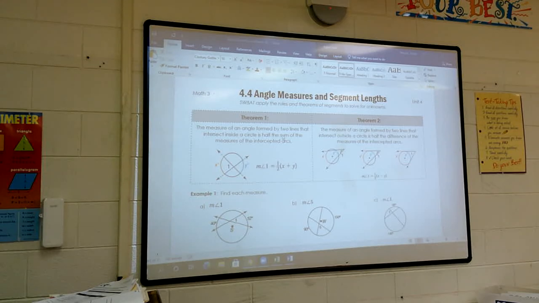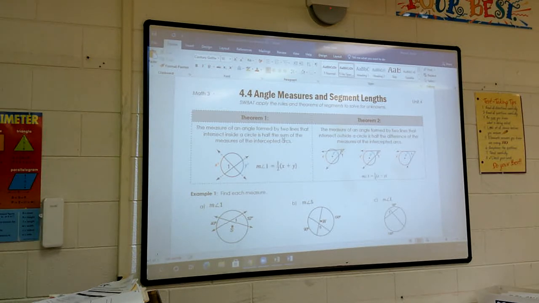Okay, so the Unit 4, Section 4, it says angle measures and segment lengths. And our goal today is to apply the rules and theorems of segments to solve for X and Y. So we're going to try to solve for X and Y in these circles. So at the top, you see there's two theorems that we're going to use to answer the questions from the